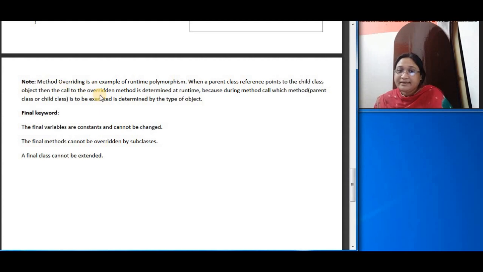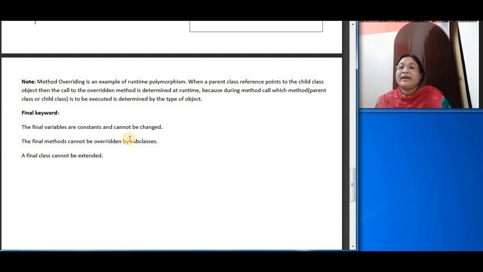So method overriding is also an example of runtime polymorphism. Now why runtime polymorphism? Because when we are calling the method, these things are determined at the time of execution. So that's why it is known as runtime polymorphism.